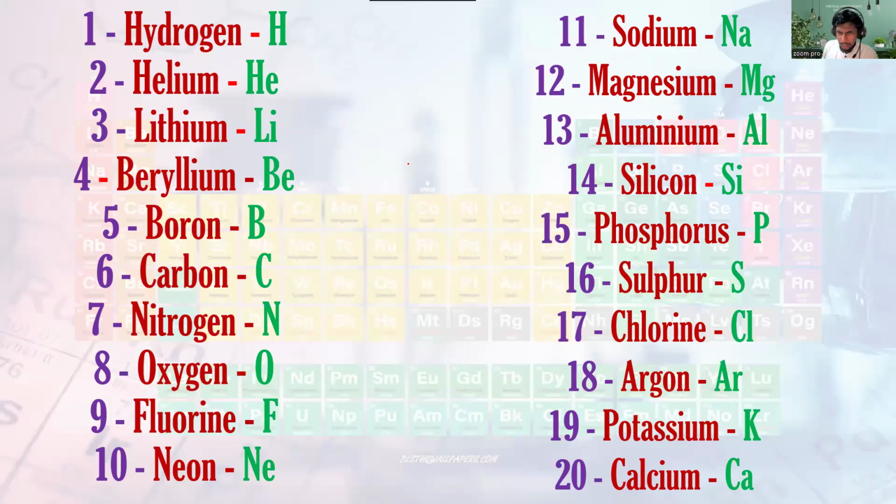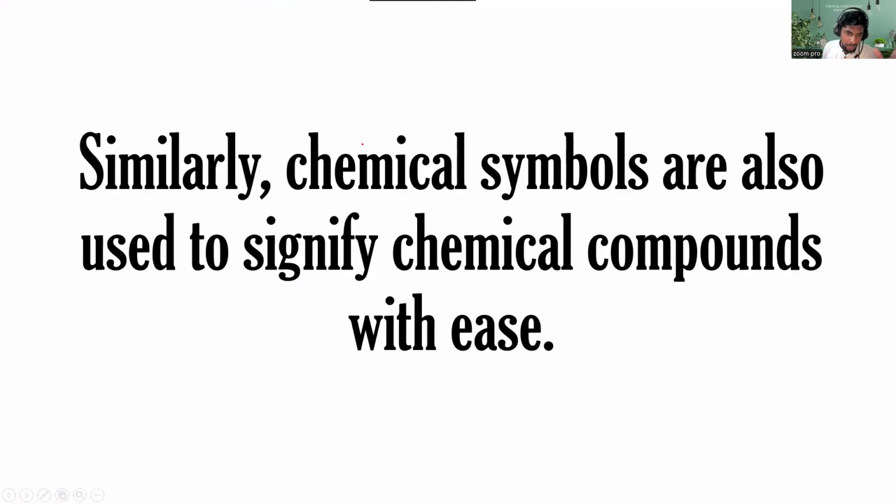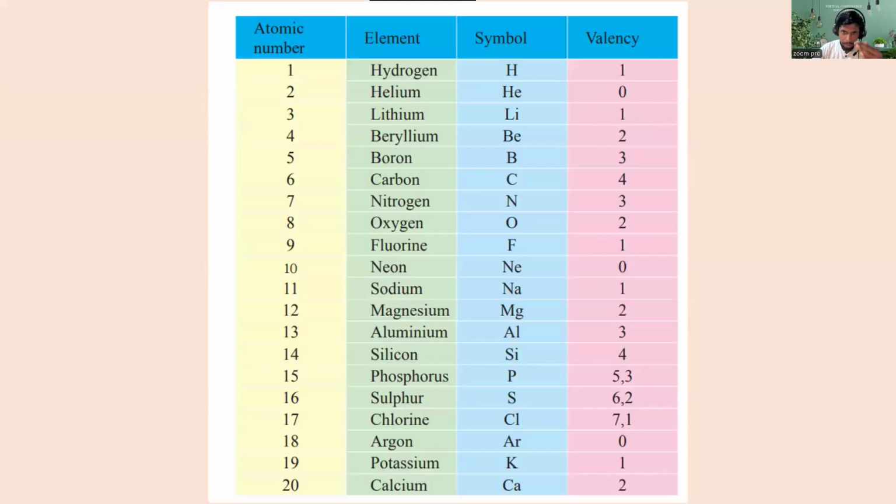Each and every element has a symbol and an atomic number. From the atomic number and the electronic configuration, we can find the valency. For hydrogen, the valency is 1. For helium, the valency is 2. For lithium, beryllium, and boron, it increases up to 4. Then after that it decreases, and for the eighth group,